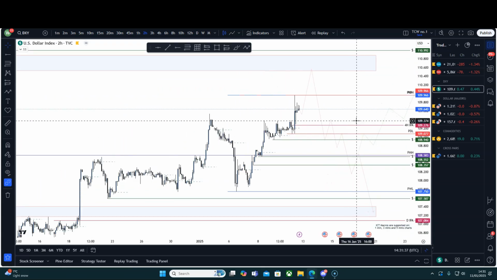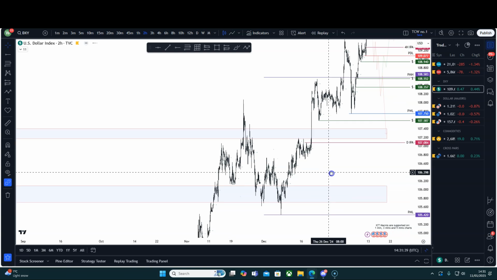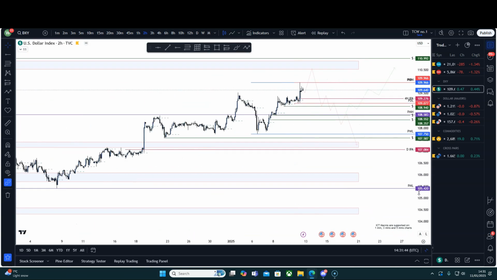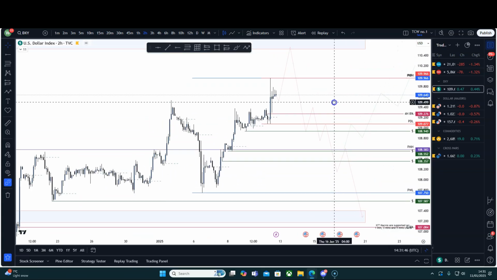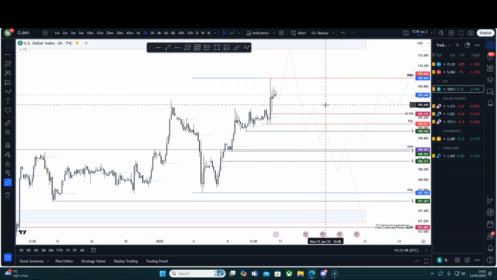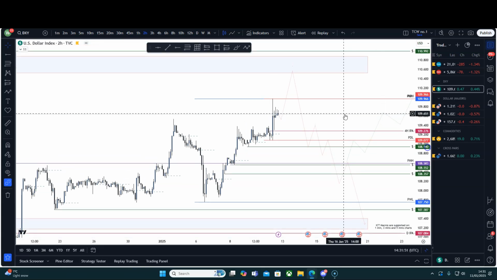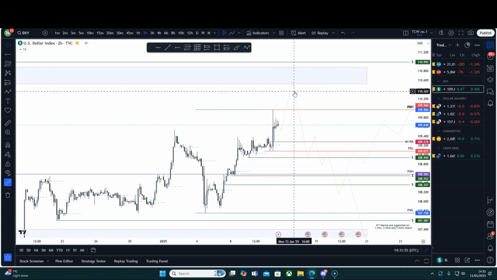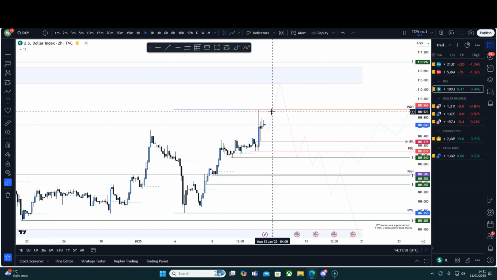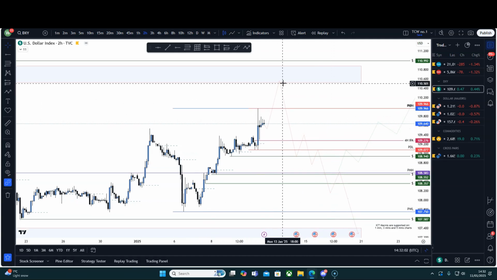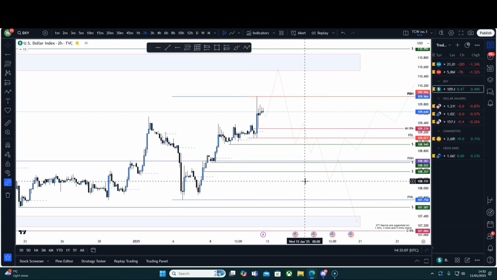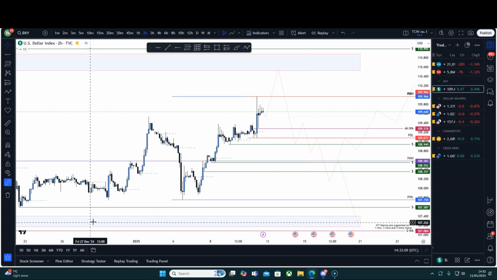Now going on to DXY. Obviously we have been very bullish over the past few weeks. However, I see that we are starting to slow down and a top is coming. Now I am expecting we may run the previous week high. We've got this strong area of resistance up here. We may not reach that. We could just pop above here, grab liquidity to drive lower. However, I am going to be looking for a market shift to the downside for the DXY.